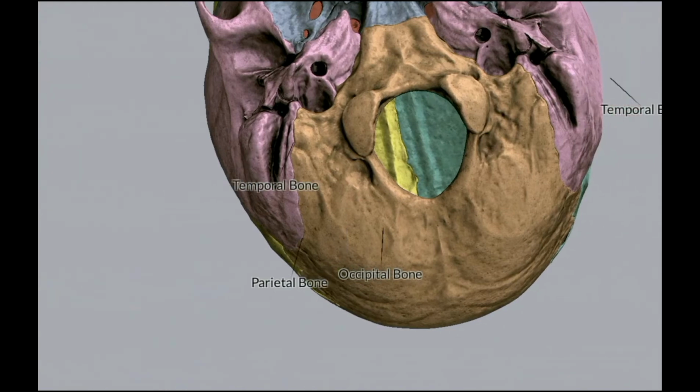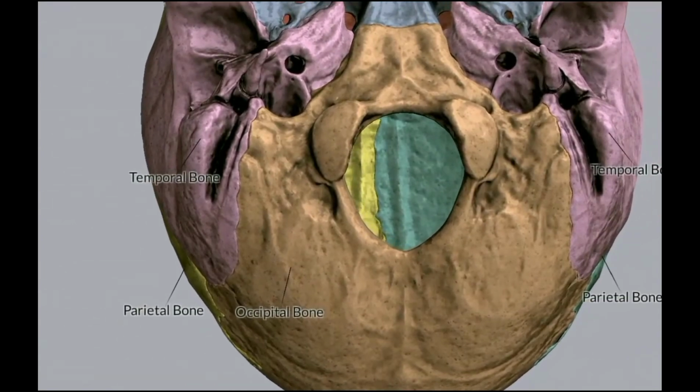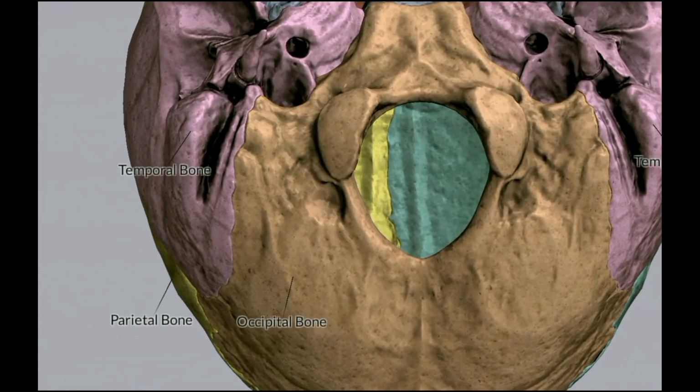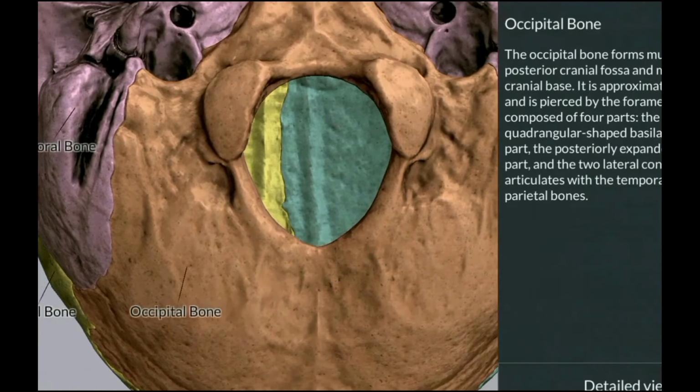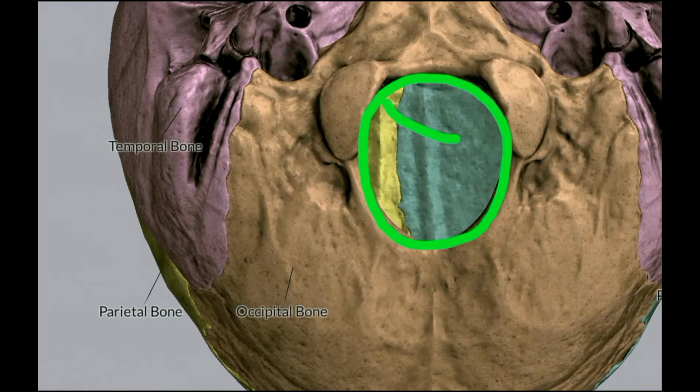So let us study the posterior part of the norma basalis view. When you see here, you are seeing the occipital bone. In the midline you have the foramen magnum. The name itself says it is a large foramen. It is divided into two parts by ligaments. The anterior part is called the osteoligamentous part, and the posterior part the neurovascular part.